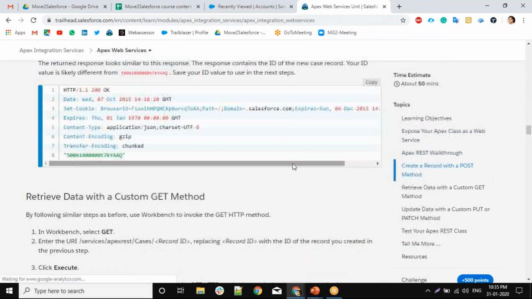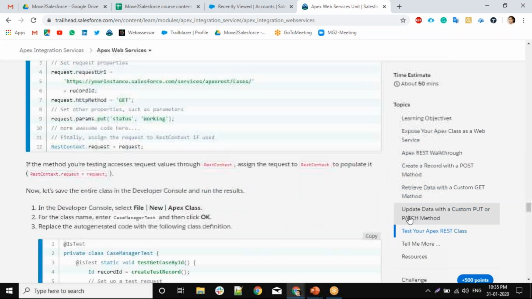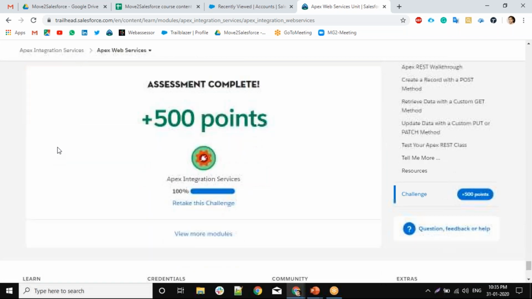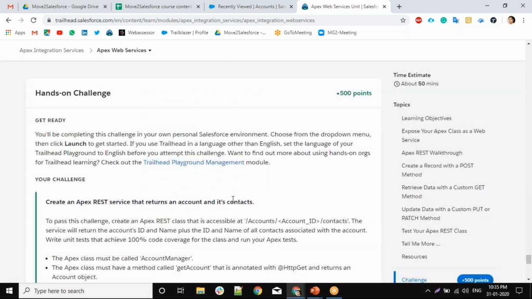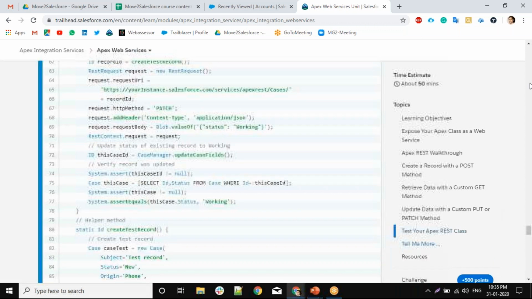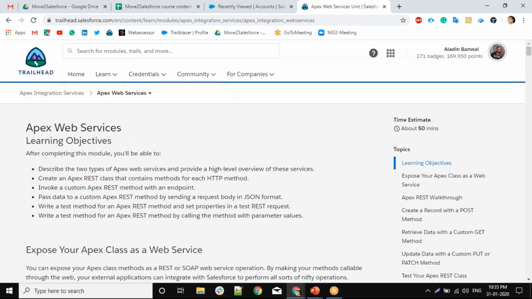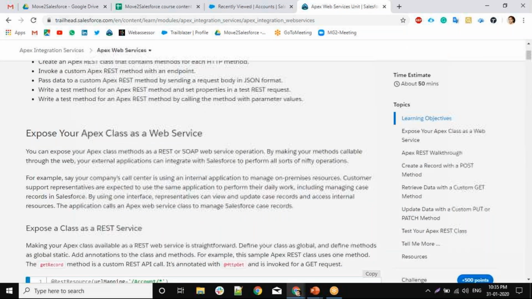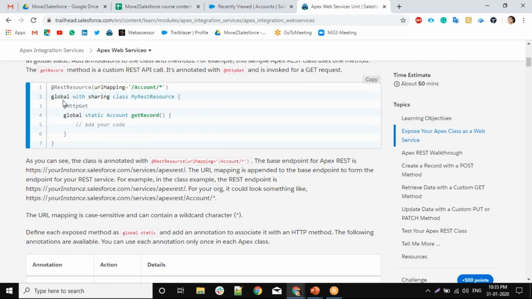This one I have completed. Here it will show what type of class you have to create, and it is using a test class as well. Let me give you understanding from the start. That's how you can retrieve data. This is the GET method.